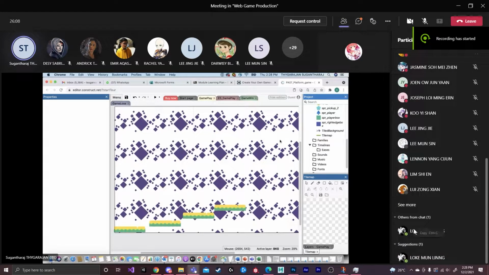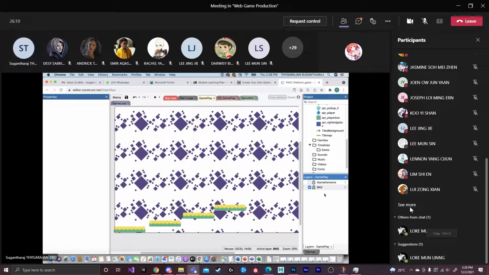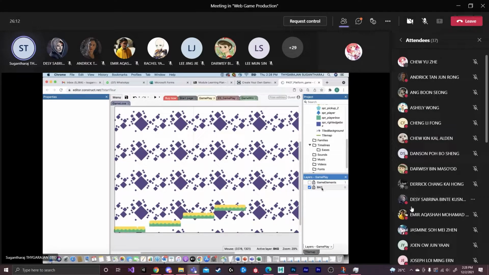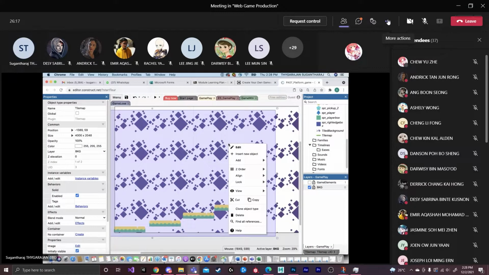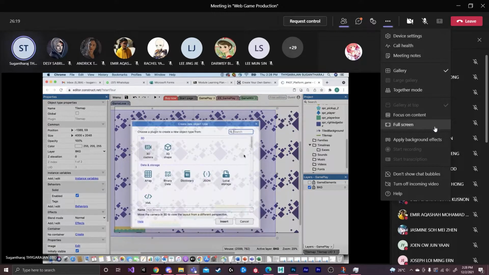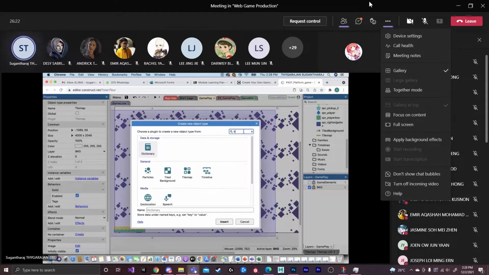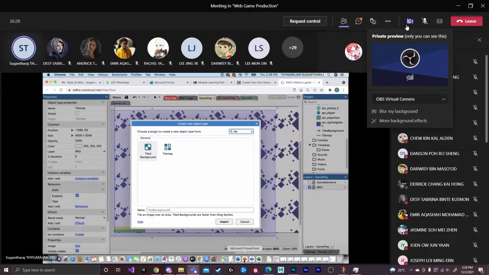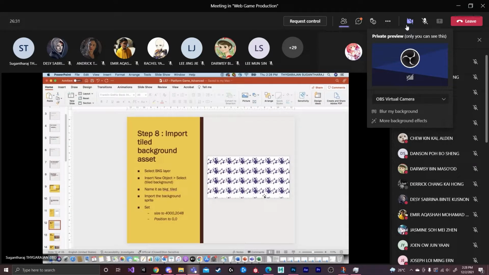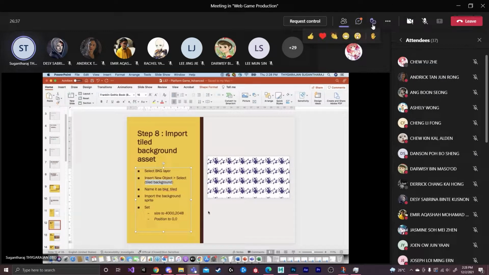Make sure that you're under the background layer. Now you right click, you insert new object, then you look for the tile. Then you choose for setting the background, the first one. For this one, you need to choose the tiled background for creating this one.